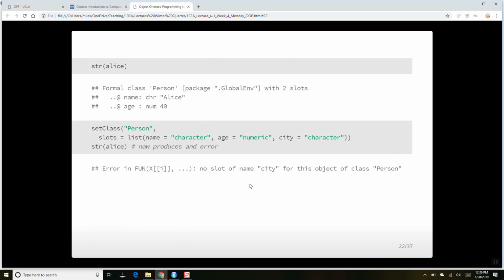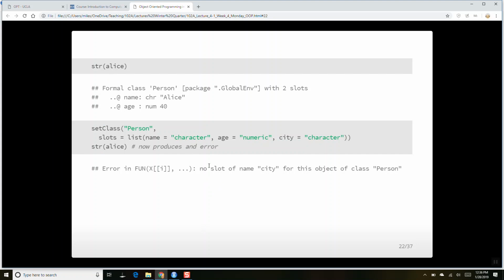We're just formalizing everything. And so anyway, we can just change what it means to be a person, and we can say a person has to have a name and age and a city, okay? And now if I say, okay, well, what was Alice? Alice used to count as a complete person, but now that we said a person needs to have a city, she no longer qualifies as a person anymore, okay?